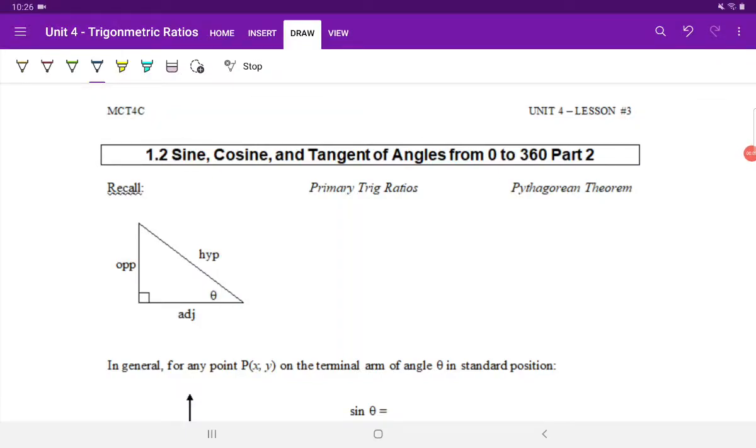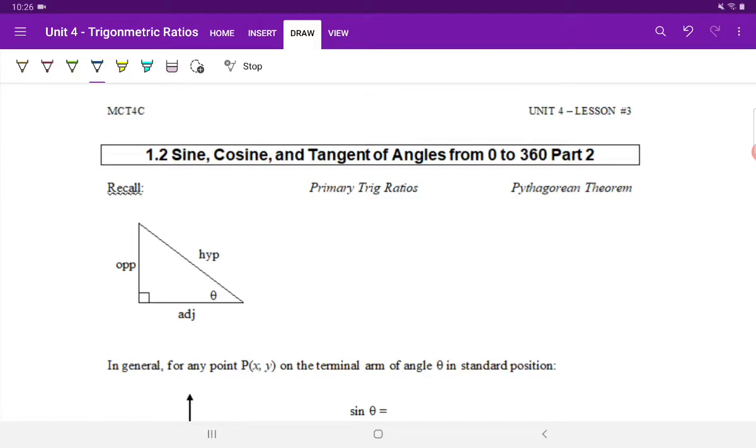All right, let's continue on with our lesson 1.2. There's so many different examples and so many different ways to ask questions for this lesson, and that's why we've split things up into two lessons. Before we get started with a new set of types of questions we can face,